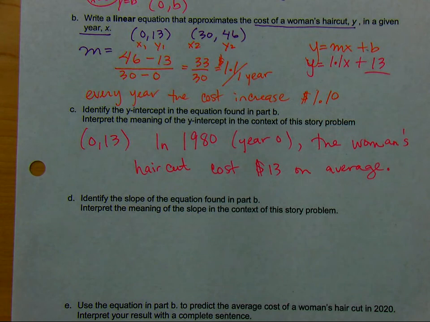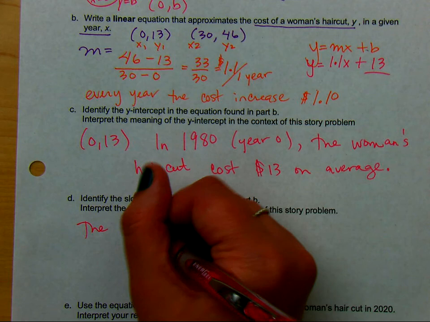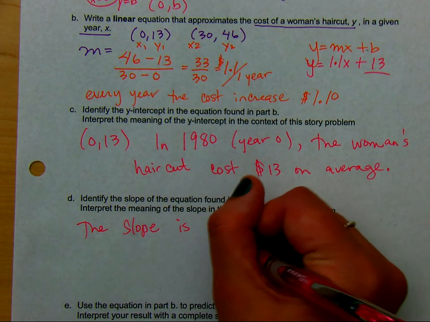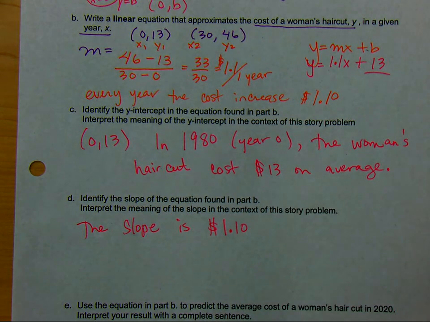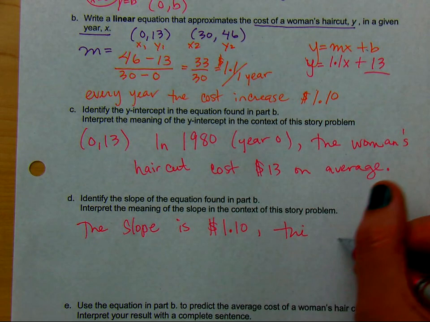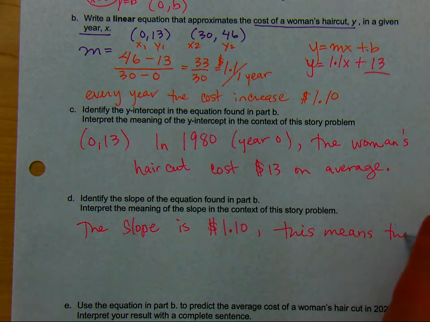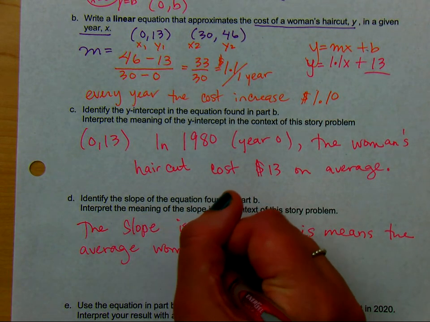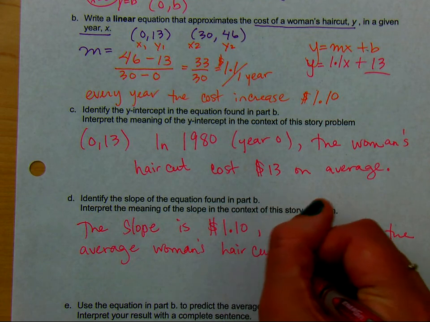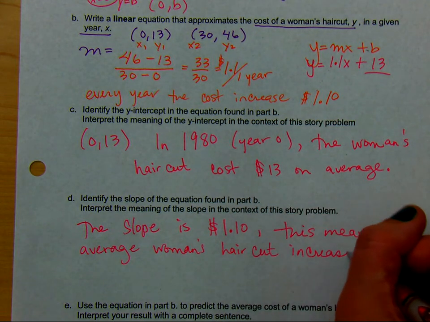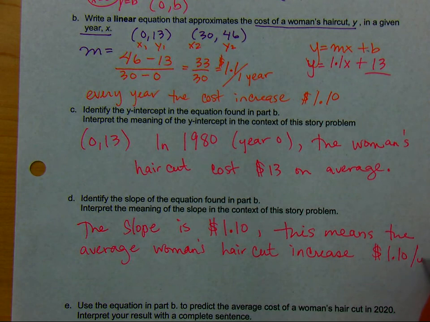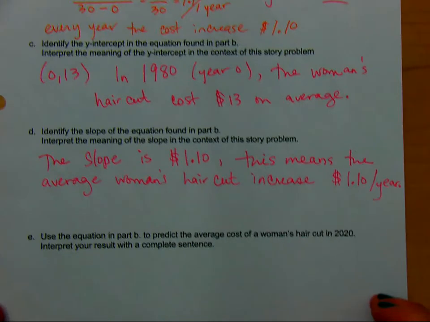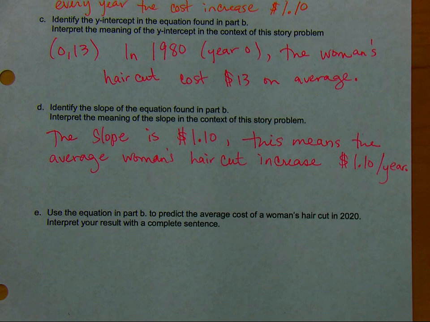Identify the slope of the equation and interpret the meaning. Well, actually, we already did that. What's the slope? The slope is $1.10, and we already said that above. This means the average women's haircut increases $1.10 per year. And now the most interesting question is, next year in 2020, how much will a woman's haircut